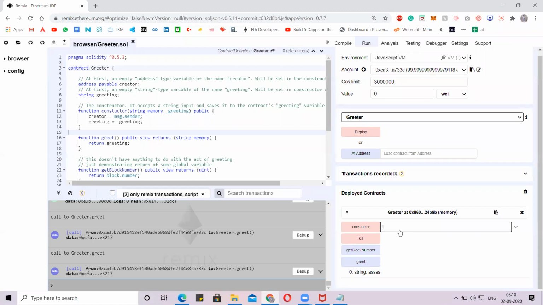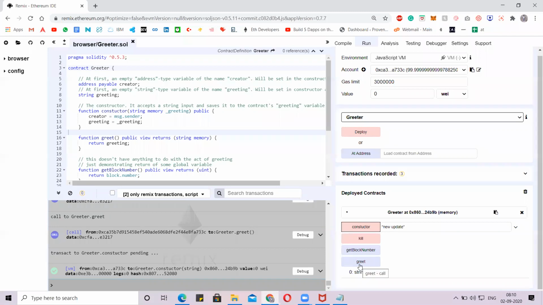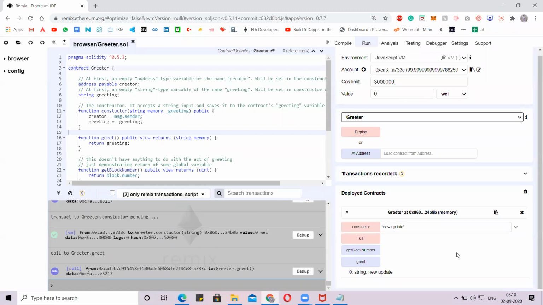We'll pass the new data here, like the new update, and call the function. See, cool, new update. Our contract is now capable of updating the data. This is how we update the data on the contract.